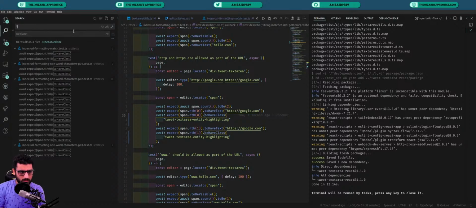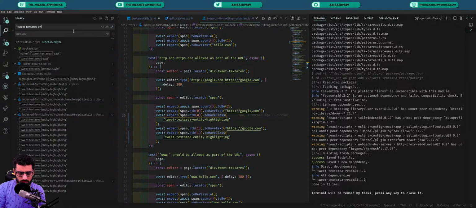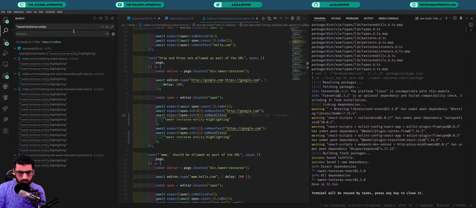Okay, maybe we can do tweet text area entity highlighting,